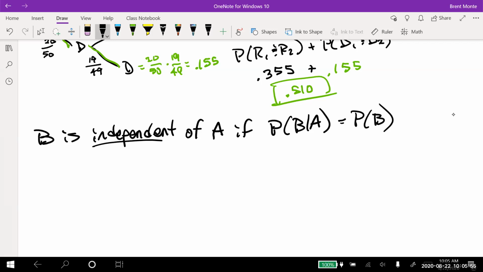So that's what that's saying. There's the definition formula-wise, but let's say this, B is independent of A